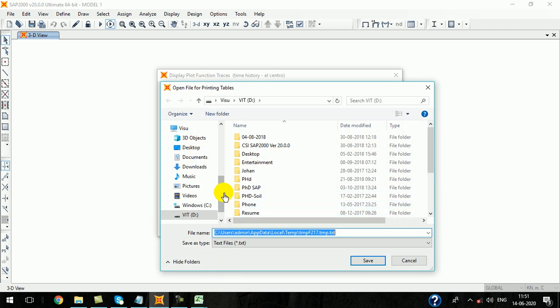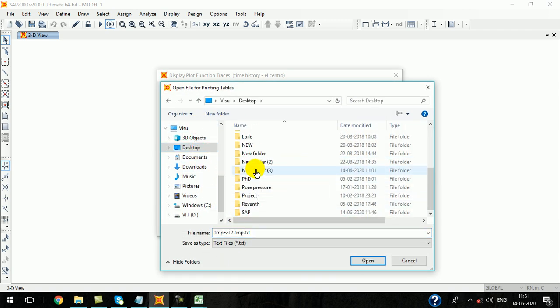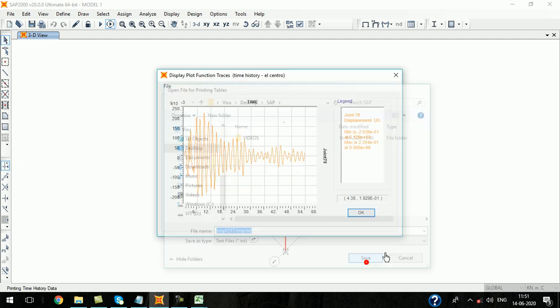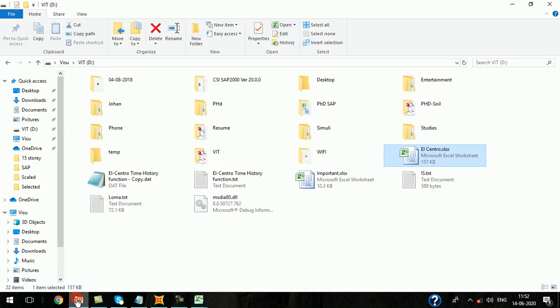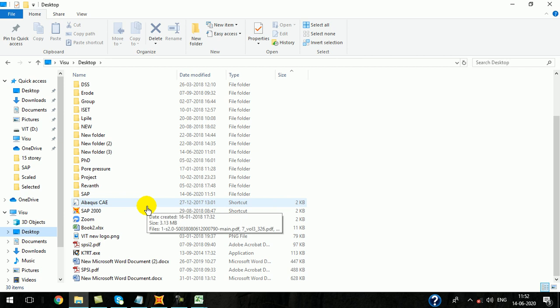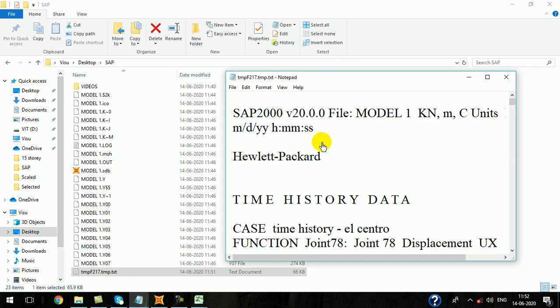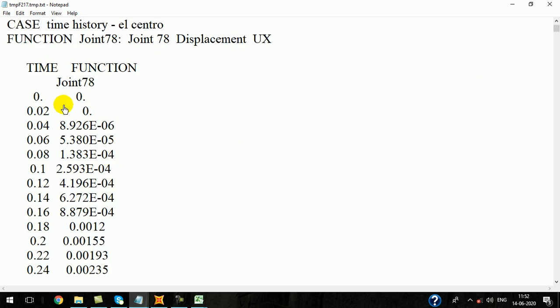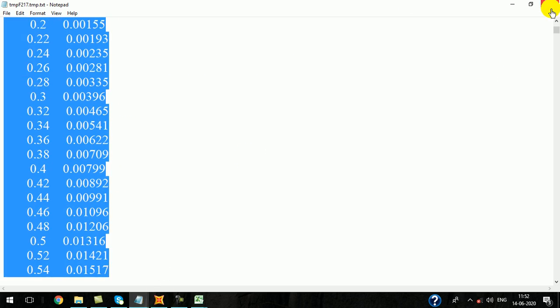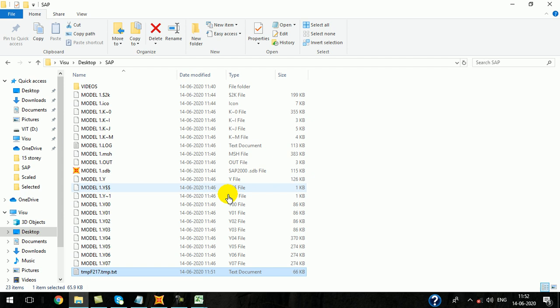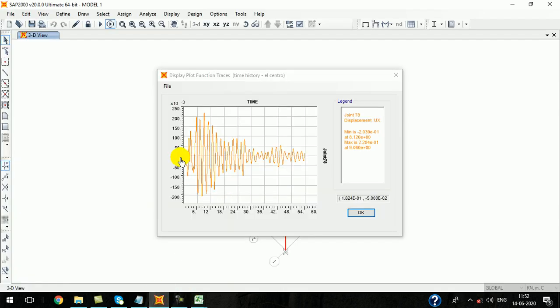You will get the values in txt. Copy this, save it in Excel, and after that you can plot the function like this.